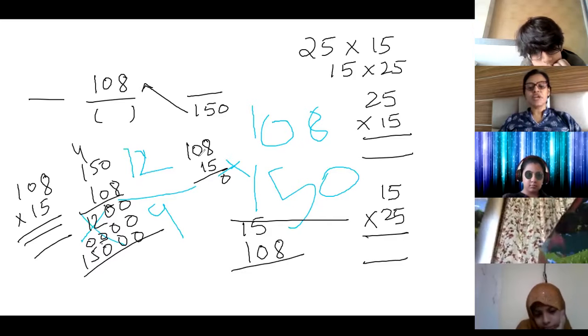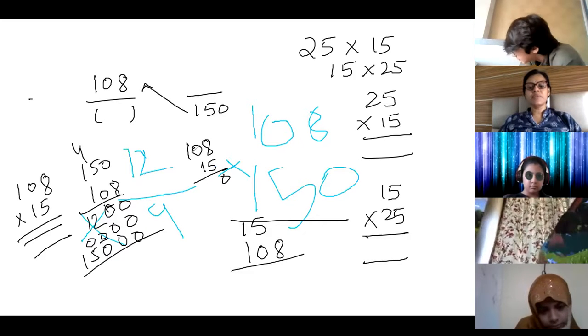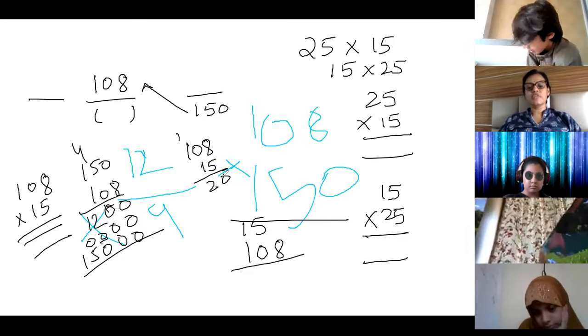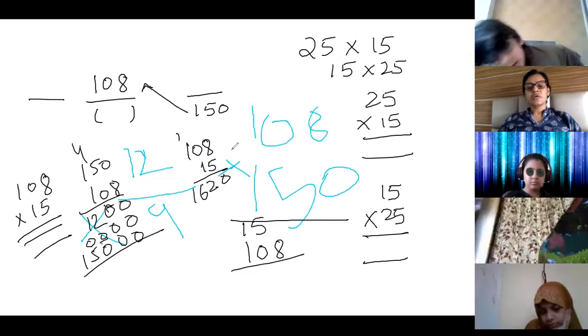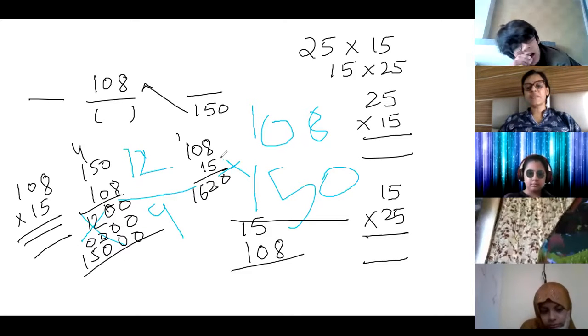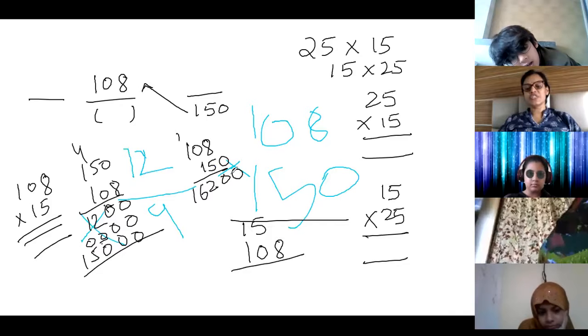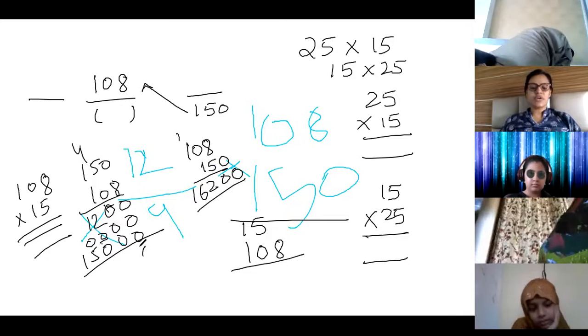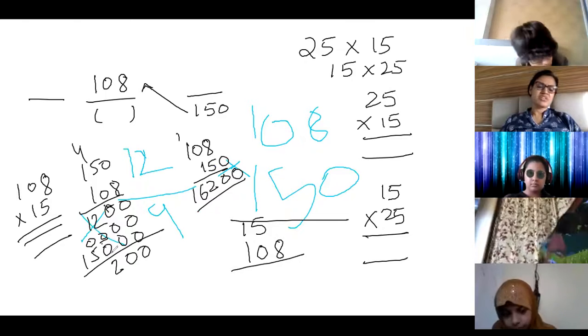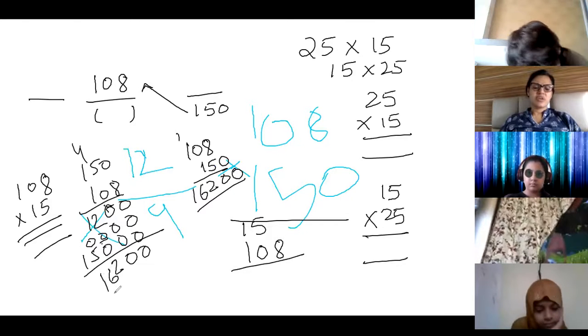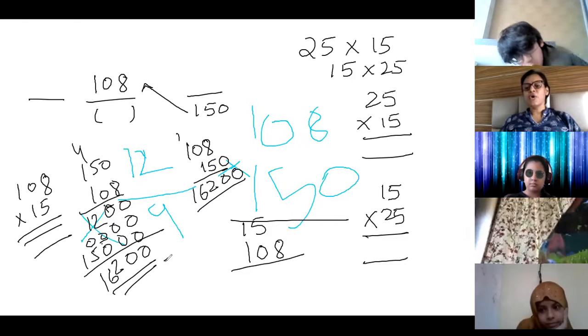Okay. So what did we get? 15 0 0, 12 का 2 carry 1. 15 ones are 16,200. Okay, and 15 से किया था मैंने, एक और 0 है इस पे, so I'll put a 0 over here. So 16,200. यहाँ पे भी you will get the same thing. Same answer you are getting. So both the answers are same.